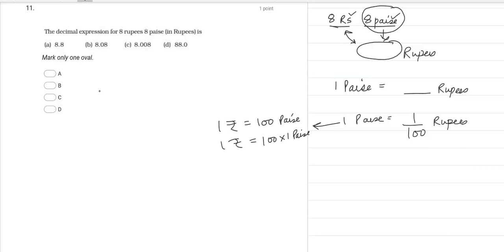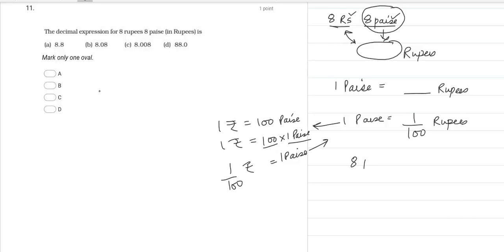Any issue? I have 1 paisa coins, 100 in number. I can write like this. Now we want the value of 1 paisa, so we have to make it alone on this side. So let's make it alone. It is equal to, this 100 will come in division like this. From this we have got this formula. Okay, now we have got 1 paisa equal to 1 upon 100 rupee.